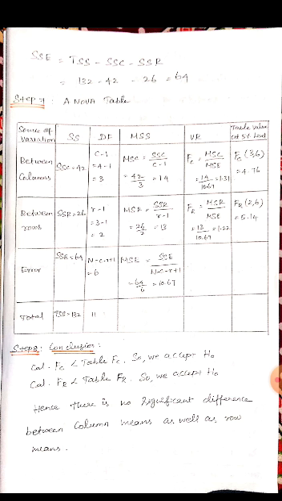Then step 7 is the ANOVA table. It is the most important table for this problem. The ANOVA table carries 8 marks, so do it carefully. First form the table with the source of variation, then SS, meaning sum of squares. The next column is degrees of freedom. The next one is the mean sum of squares.